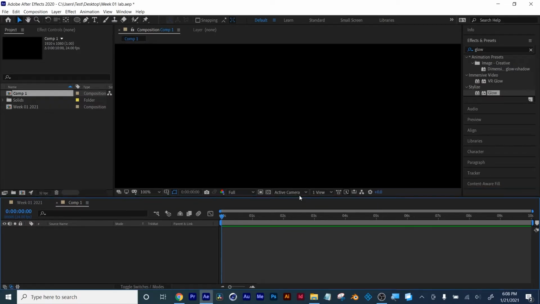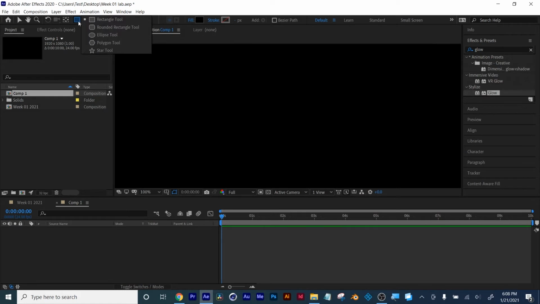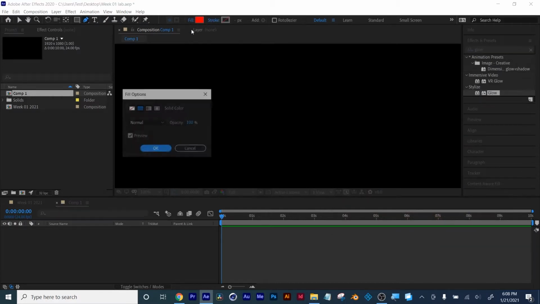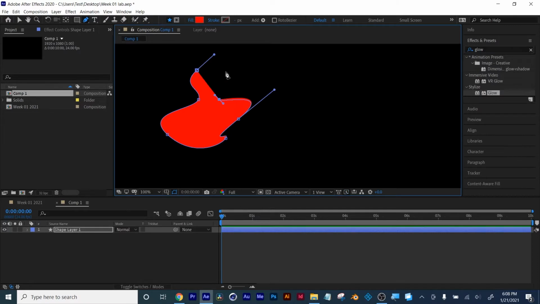So I'm going to just have a square move across the screen, which is simple position animation. Your shapes, just like in Illustrator, they're all right here, or you could use the pen tool. I'll use the pen tool for this. If you click on the swatches up here at the top, that's for your color. If you click the word fill, that's how you can turn off or on a fill, just like the tools in Illustrator. So I'm just going to quickly draw a blob here,